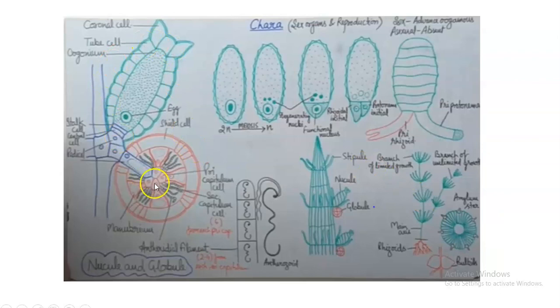Now, this is the slide that we will be discussing. If you are taking a section on the nucleus and globule, we can see that there are some parts within. There is one stalk. We have taken one section. We have cut the particular globule, and we can see this. There are some parts called shield cells. Then there is a longitudinal cylindrical rod type structure. Then below that there is some spherical thing. From that spherical thing there are some filaments coming. We will see how this structure is getting formed and how the nucleus is getting these coronal cells and these kind of cells surrounding it. We'll see everything